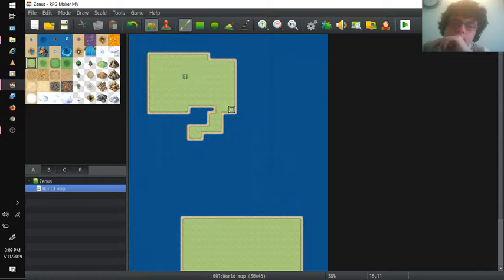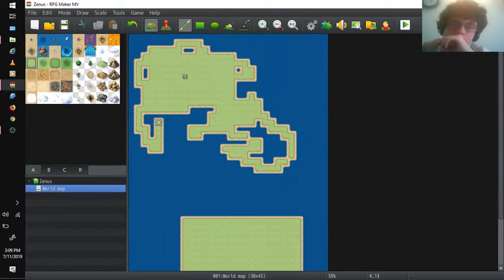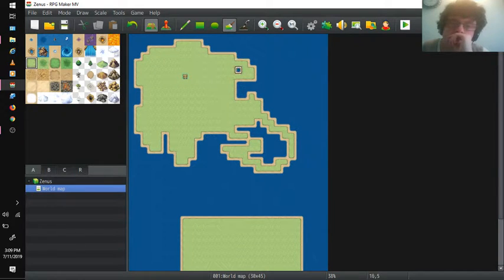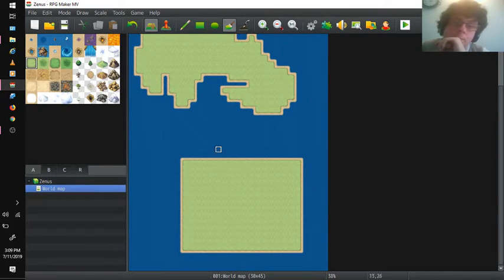So what I'm going to do is bring in our large general tool here, because I like to use this tool a lot when I make things. That's kind of the way I like it. So we're going to go in and fill in these spots. That looks like it's on an island. Now make it look like that. It looks like it's connecting, but I'm not going to do that here. I'll show you a different kind of